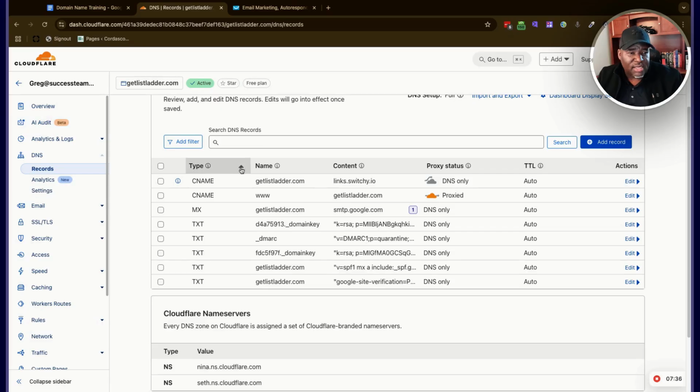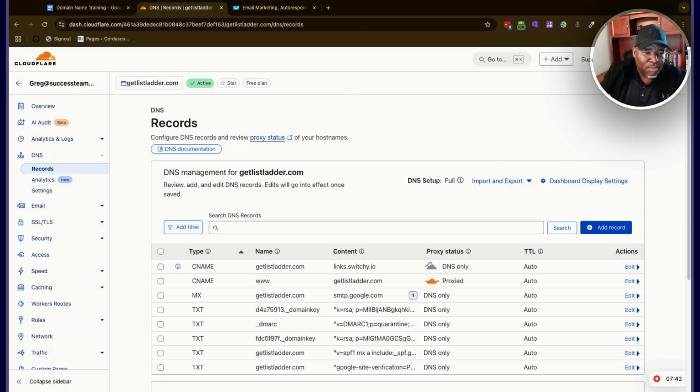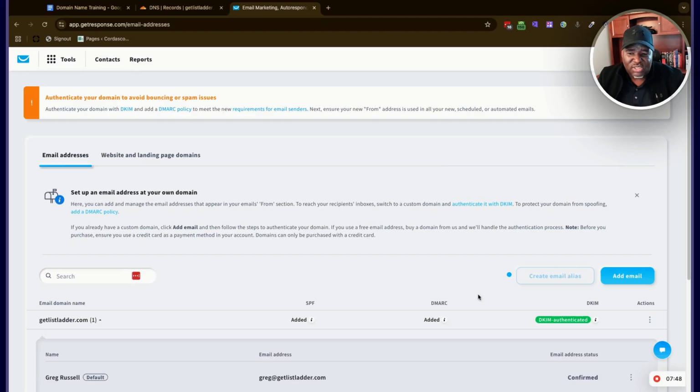You don't have to worry about anything else in Cloudflare. There's a whole lot of technical stuff, and this is a technical application. But if you just focus on the things you need, the DNS records, and updating just what it tells you inside of these systems, they will give you exactly what to do. You can update it. And knowing how to do this, or being aware of what's going on, is crucially important for being able to understand how to make money online, because 90% of these systems give you access to CNAMEs and email records so that you can get your emails to the inboxes, and your links can work, and you can have things on your own domain. So you are using your own branding.